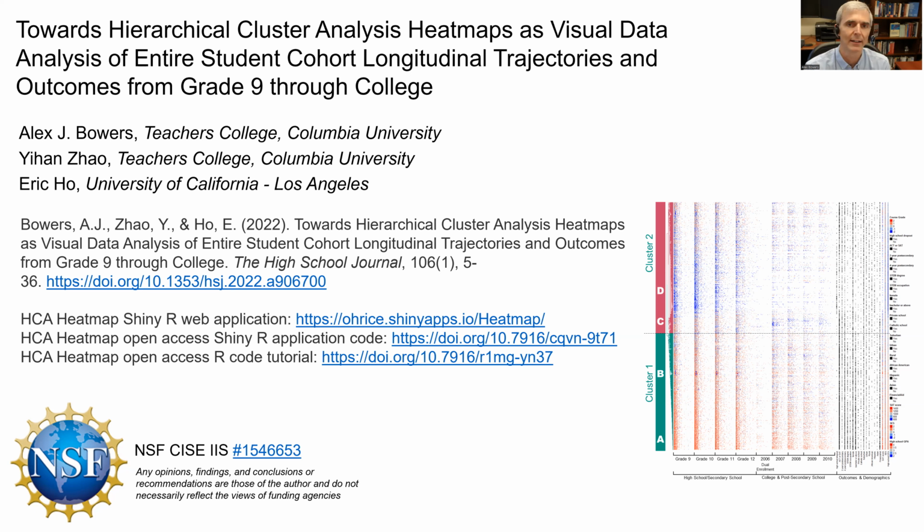And then we've got our markdown that walks you through how to do cluster analysis heat maps in R using a package called ComplexHeatmap. And so in this final video, I'll walk through the paper and then walk through the tutorial. And then you should be able to do it yourself, which is kind of the point. So in this paper,